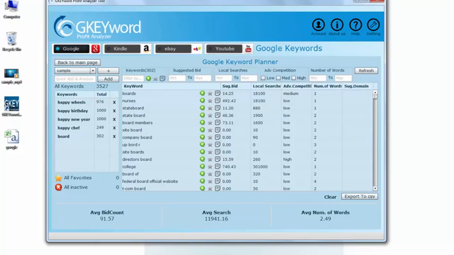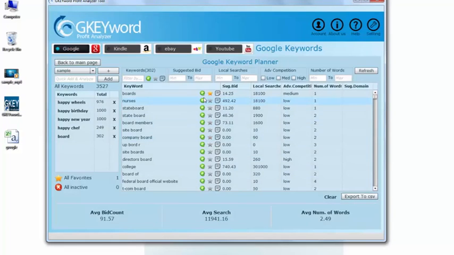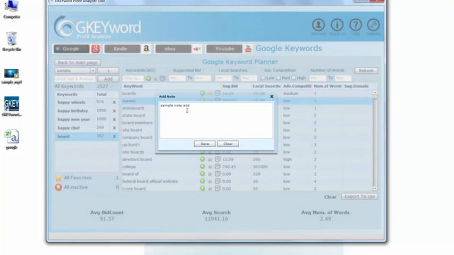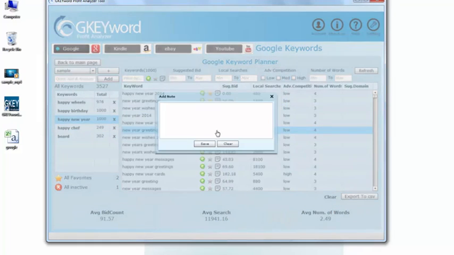We have features like you can mark a keyword as a favorite, meaning mark it with a star. You can add notes for any particular keyword, so if you want to note something, you can later retrieve it to see what is saved. You can go to another keyword, come back, and you will see that your notes are still saved. If you close the software and open it again, it will still be there. All this data is stored locally, so you don't need to search again, and you can quickly gain access to the keywords you have searched for.